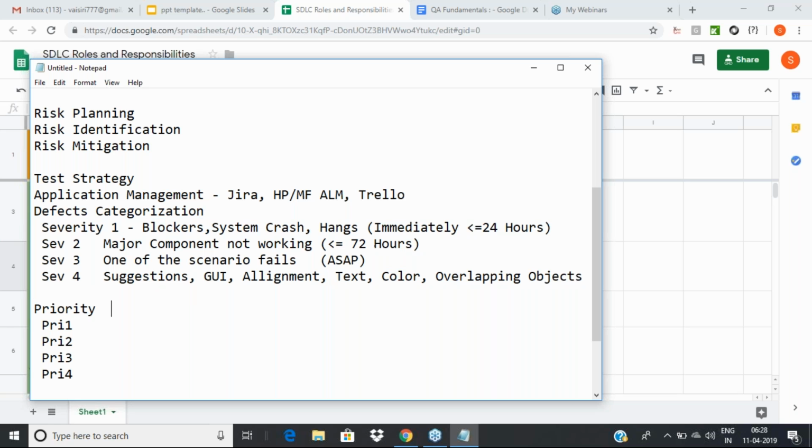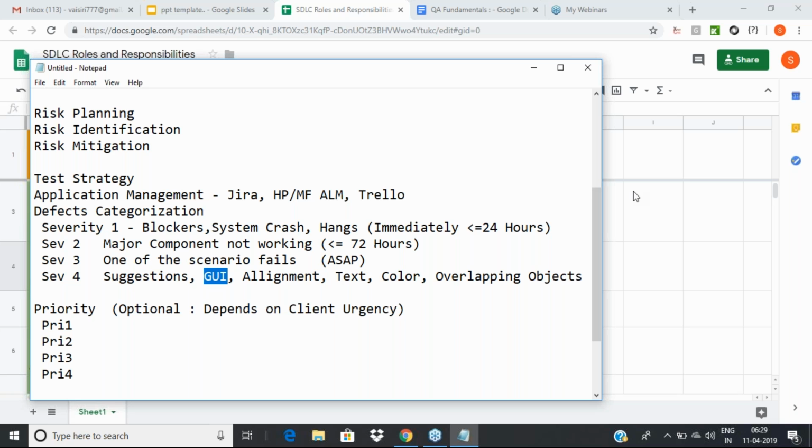And to be frank, priority is optional. It's not in our hand. This totally depends on client urgency, client need. If the client says this is very important for me, then it will become priority 1. If the client says it's not so important for me, it will become priority 4. So we'll try to consult the client, and sometimes you can give it. For example, I can say like